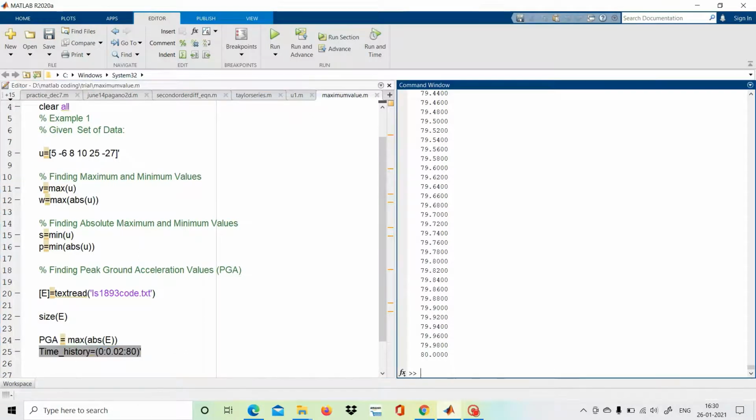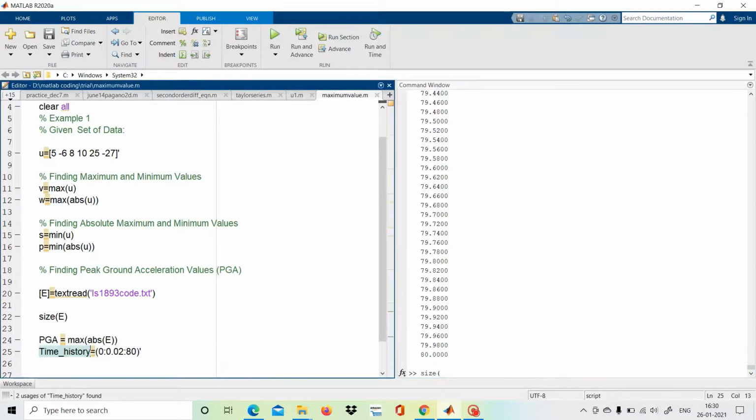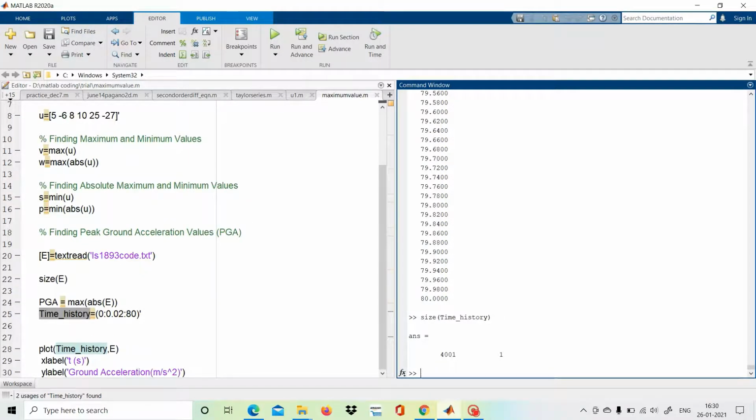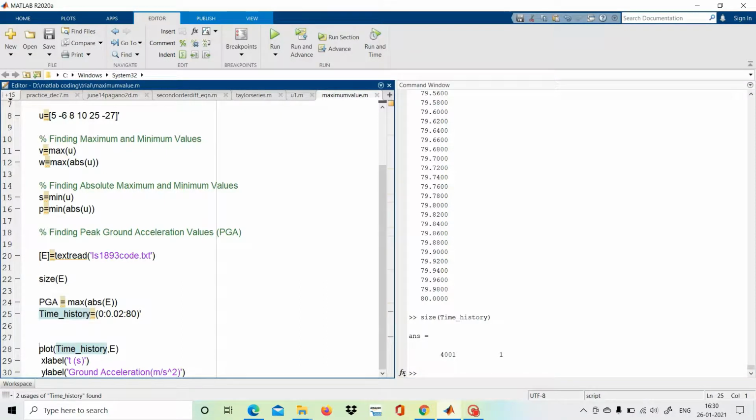Let's check the size of this. That is also 4001 by 1. So now we can plot. The command is plot(time history, E).